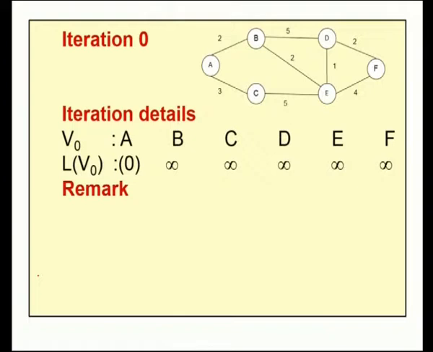With the help of the Dijkstra algorithm, we are going to solve this problem. First, we have to choose the initial node. Let us choose our initial node as A, because we are interested in finding the shortest distance from node A to node F. So, for the given network diagram, our initial node is A.